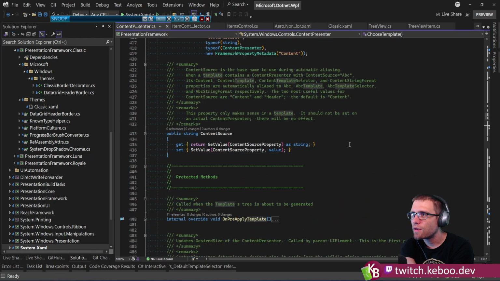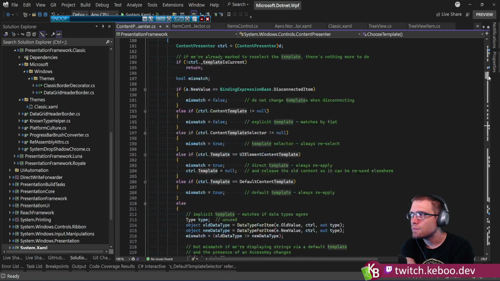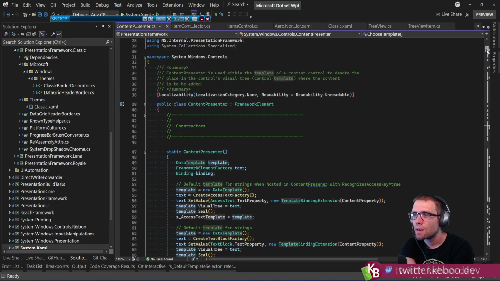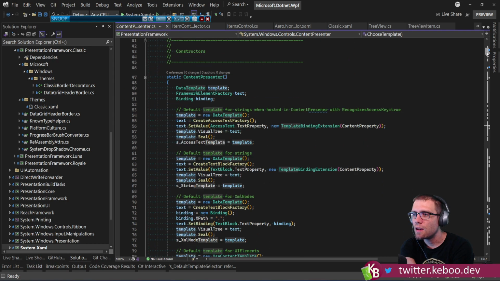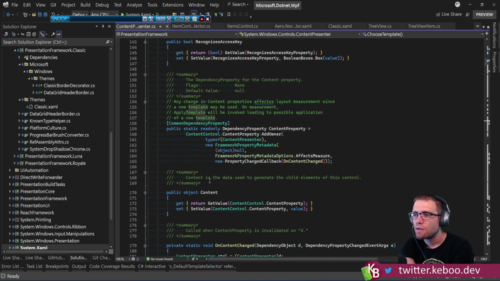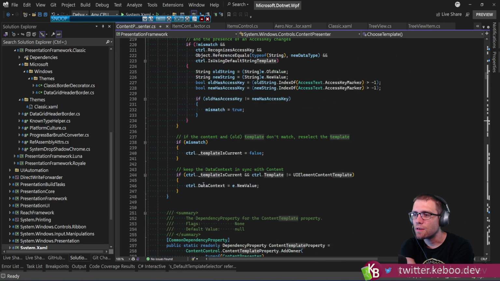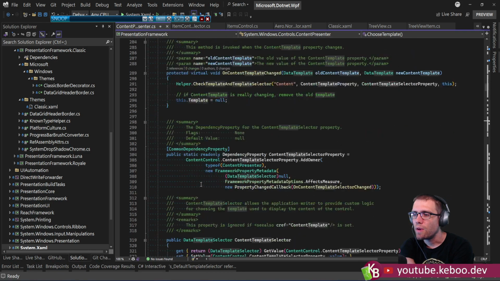What are we inside of? Content presenter? So inside of content presenter, we can get a hold of it. So given a content presenter that's added to the virtual tree, we can find